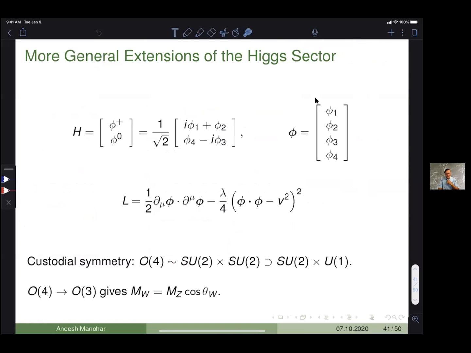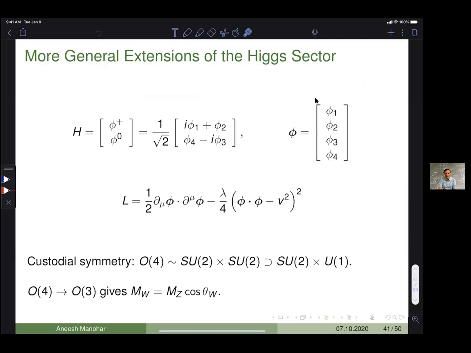Okay, so then I wanted to discuss a little bit about recent work on extensions to the Higgs sector, because one of the experimental goals of the experimental program is to test the symmetry breaking sector of the standard model, the scalar sector, which is the one for which we have the least precise experimental information. So if you think of the Higgs, if you write the Higgs field down in this way, where you write the complex field in terms of each complex component in terms of two real components, you can assemble the Higgs field into a four-component